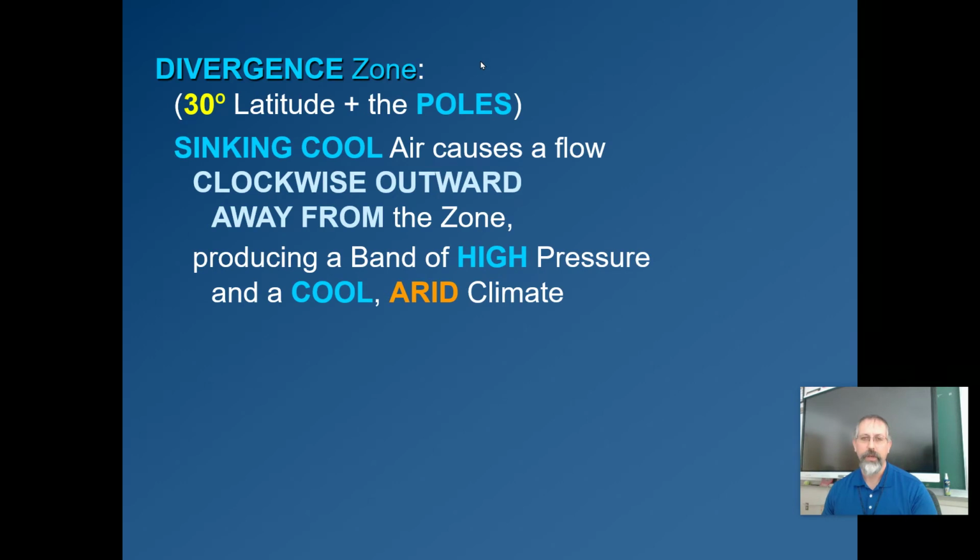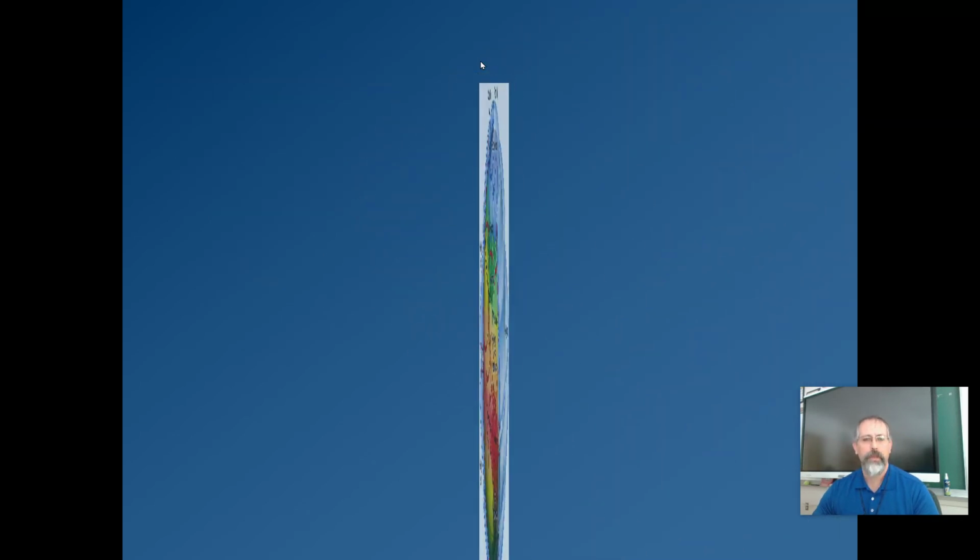The poles are obviously cold. They're very arid. So these latitudes are super dry because of the sinking air there. So most of the world's great deserts are found right near 30 latitude, either 30 north or 30 south. And the poles are pretty dry too, but we don't think of them as, they're obviously not sandy deserts, but they don't get that much precipitation. It just doesn't melt from year to year.